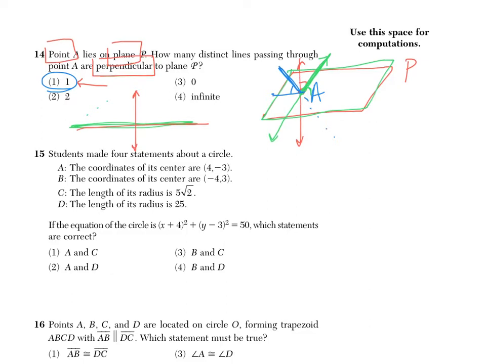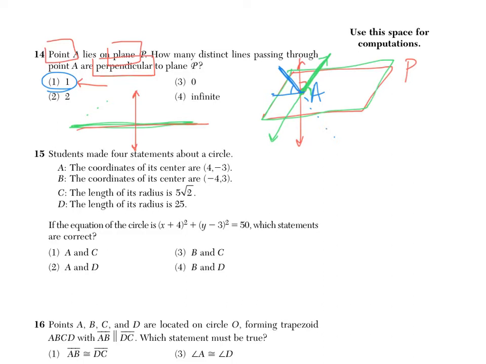Number 15 says, students made 4 statements about a circle. Student A says the coordinates of its center are 4, -3. B says the coordinates of the center are -4, 3. C says the length of the radius is 5 radical 2. D says the length of the radius is 25. If the equation of a circle is x plus 4 quantity squared plus y minus 3 quantity squared equals 50,